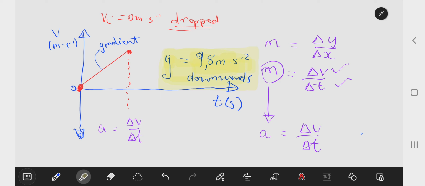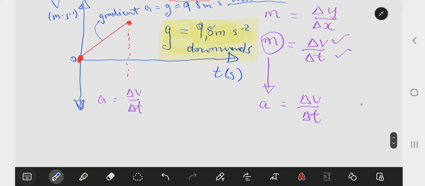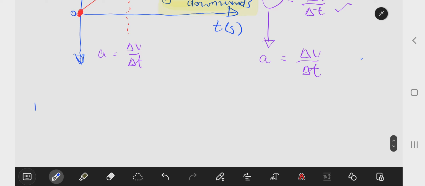We said the gradient is the acceleration, right? That we agree. The gradient is the acceleration, but however, the acceleration is equal to the gravitational acceleration, which is 9.8 meters per second squared downwards. Okay. So let's say there's a question that says,